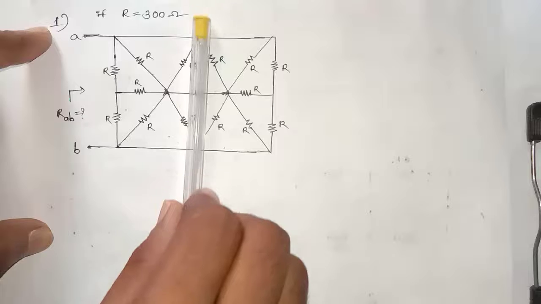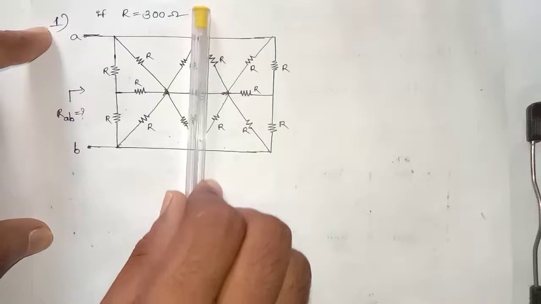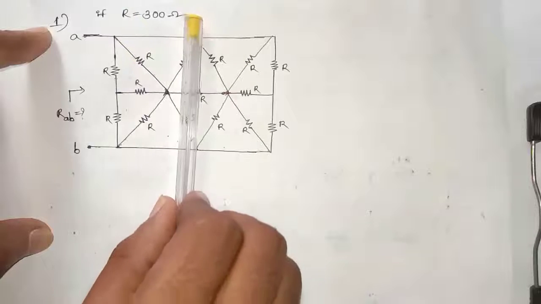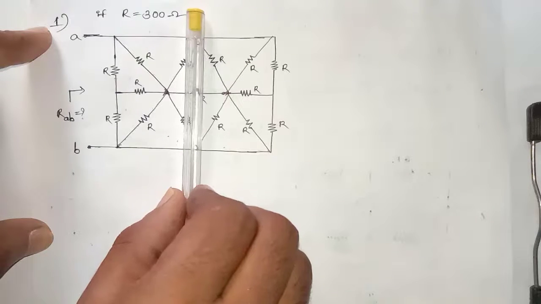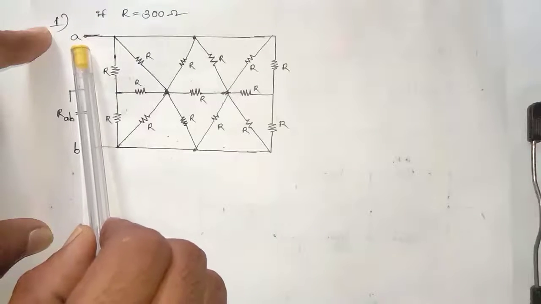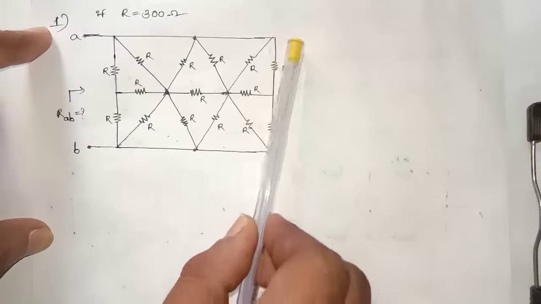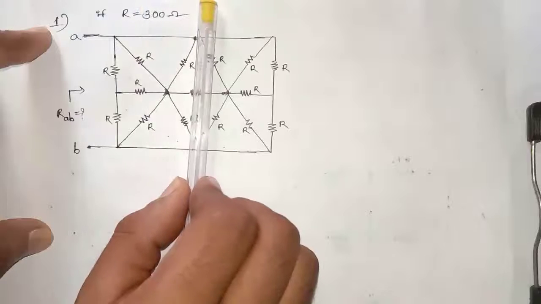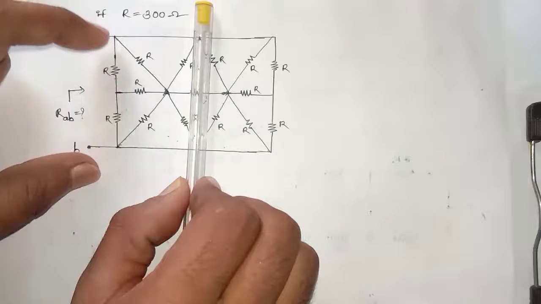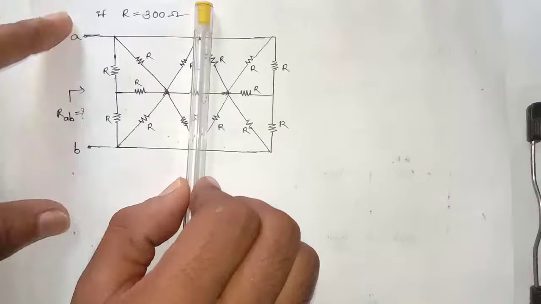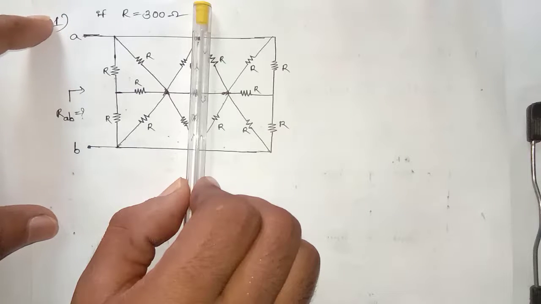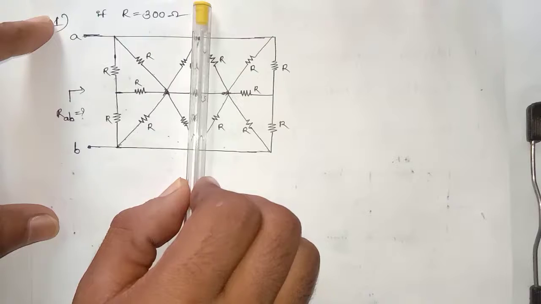If I consider the mirror position like this, the mirror is dividing the circuit into two equal parts, but the reflection of point A is not equal to point B. Here there is no point B present. The two points are present in front of the mirror only. So this is not a suitable position for the mirror. So how do we need to place the mirror?